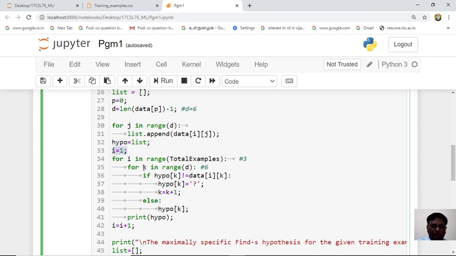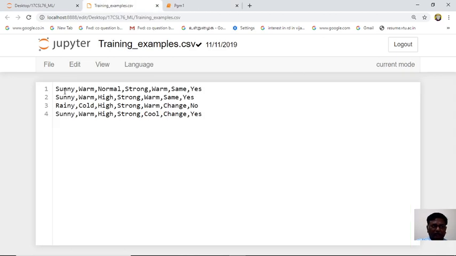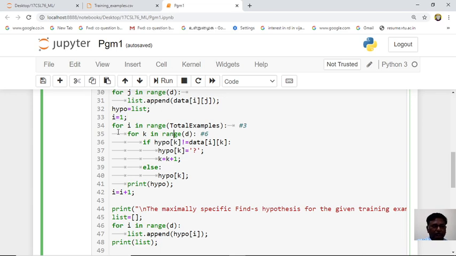So we will start the for loop here. Now to check this, how many for loops do you have to initialize? This 6 for loop and 3 data we have. So 6 into 3 times the for loop will run, and one by one you have to compare: sunny equal to sunny, warm equal to warm. Like that, one by one you have to compare. Now you see 2 for loops are used.